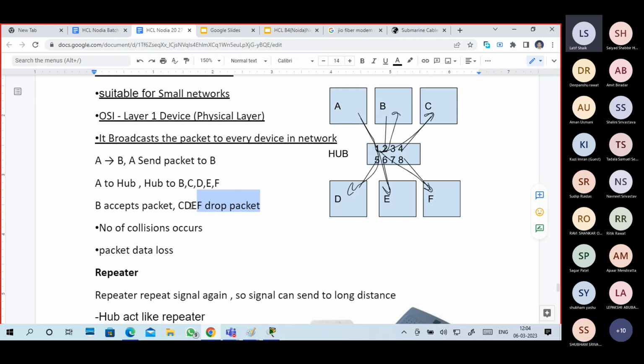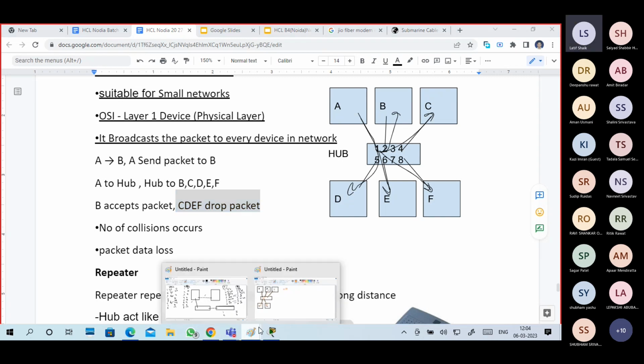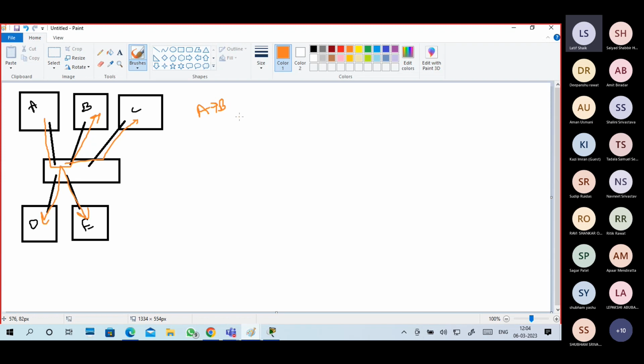The remaining devices will drop the packet. Because the to address and from address are enough. To address is the destination, from address is A.